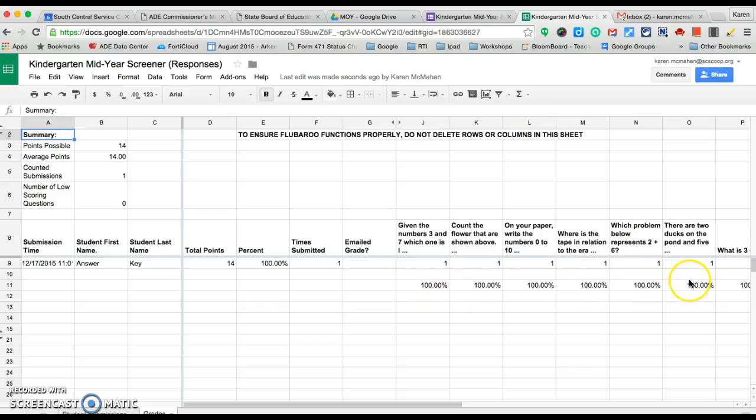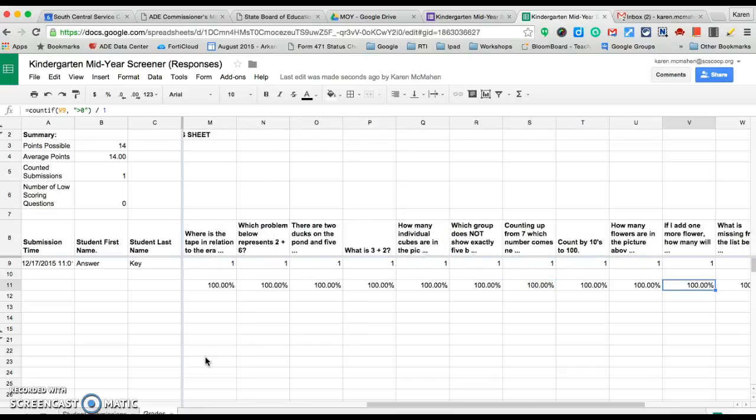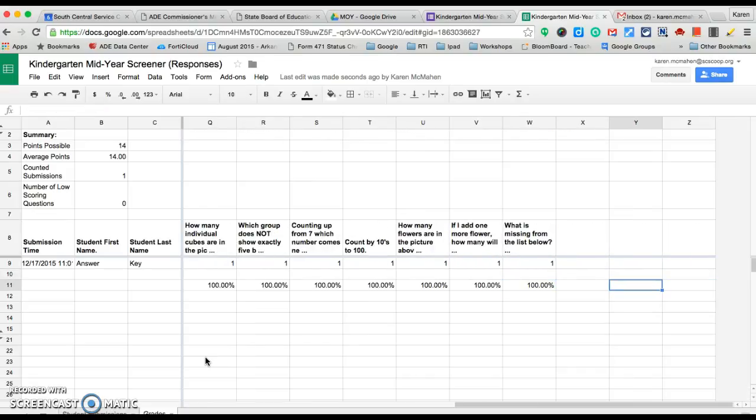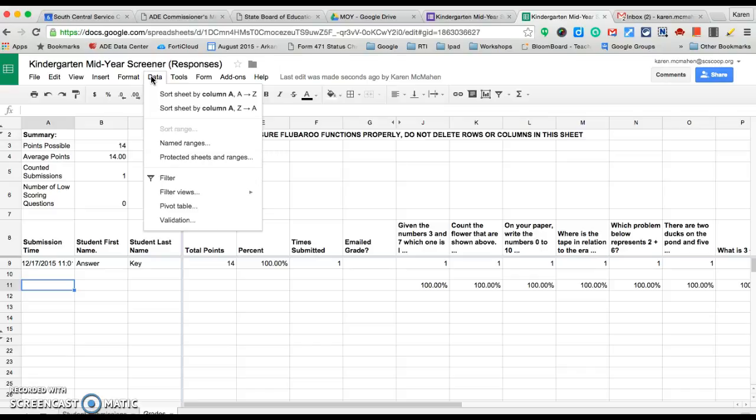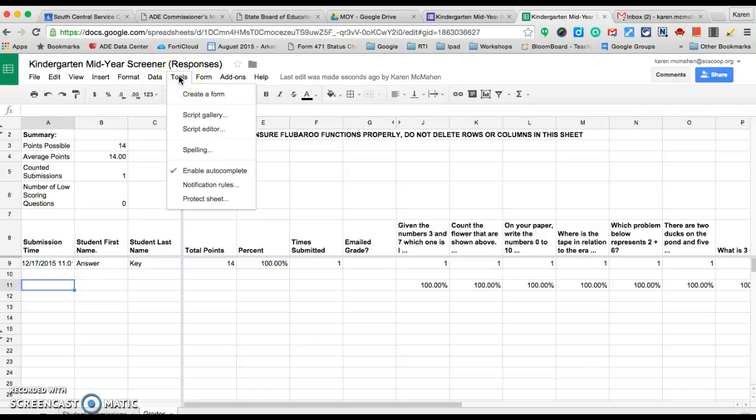what the percent is for each one of those questions, and you can see how many points are possible, the number of counted submissions. Of course, we only have 1. The number of low scoring questions, you would see that, and then you would be able to just scroll over and see those answers. You can also download this and print this out. You can filter it like when you're using Excel. You can look at the data and let's see, there's one other